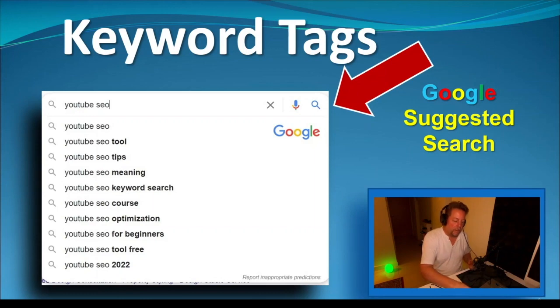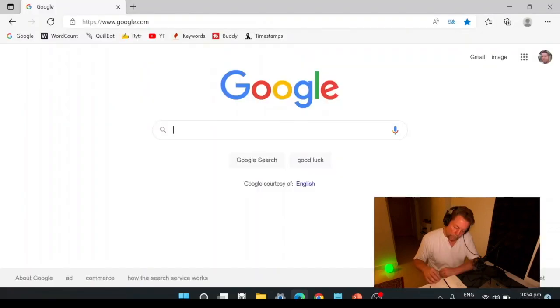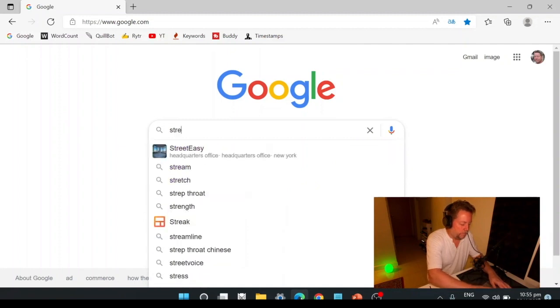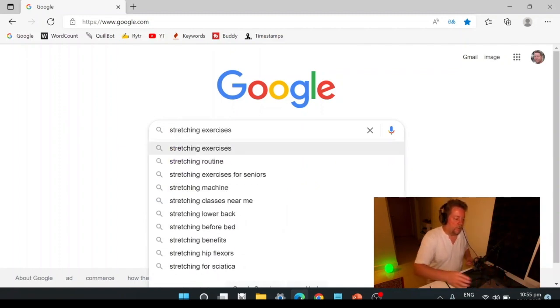All right, let's look at my screen, and I'm just going to jump on Google and do a couple of quick searches to show you exactly in real time how this works. Okay, now we're on my Google screen, and let's say you're an exercise channel, and you do stretching exercises.